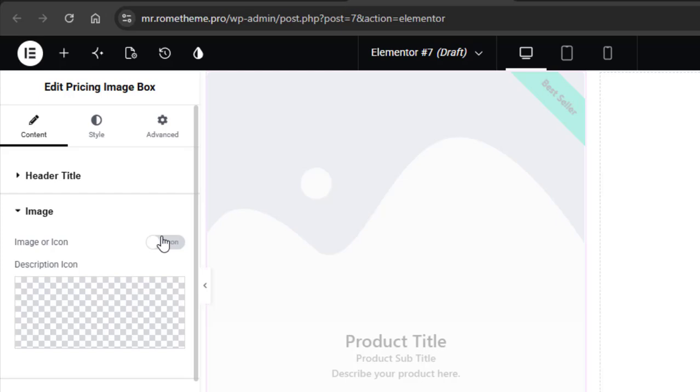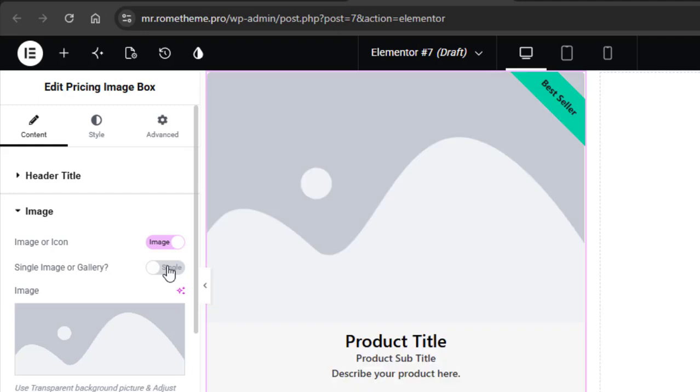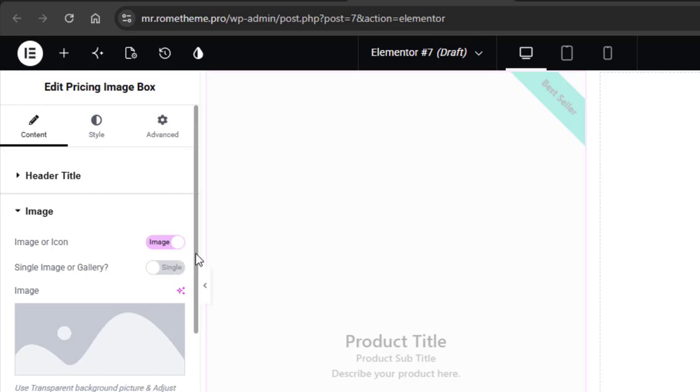You can put an icon as well, or image. You can put a gallery or just one picture, and